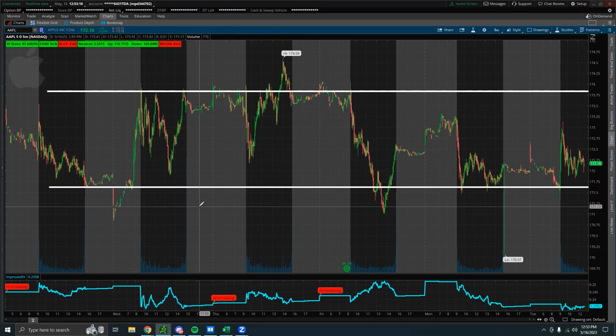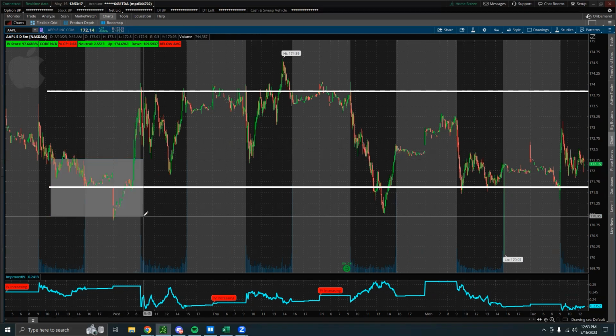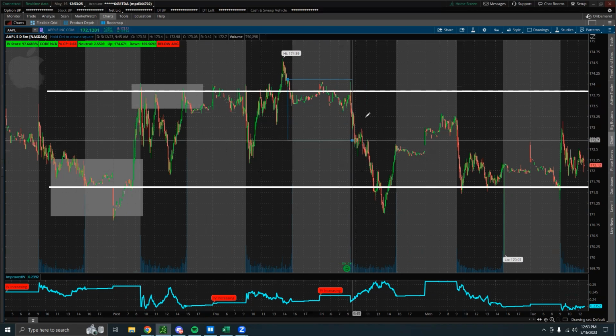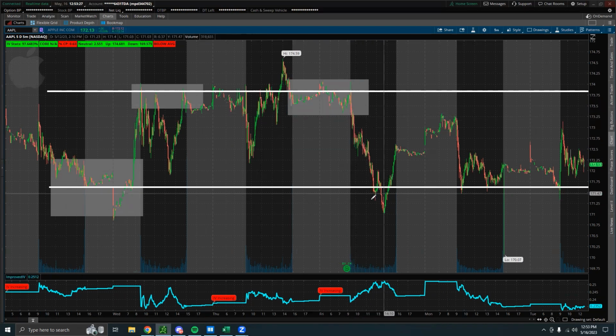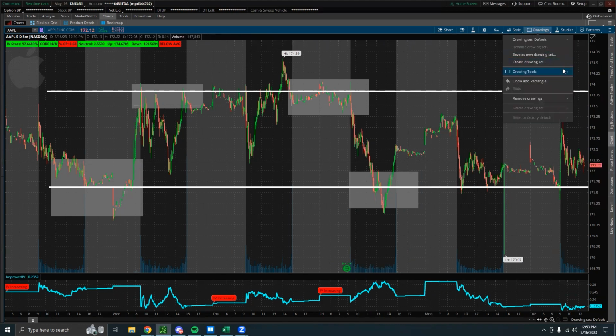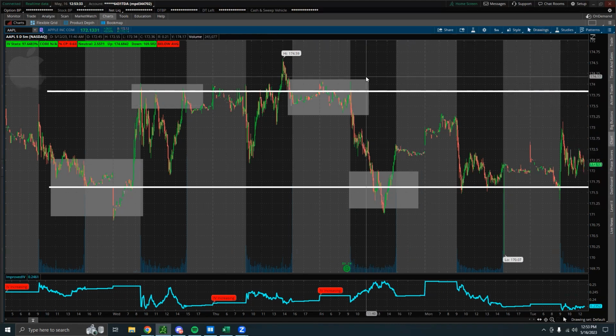Using support and resistance is one of the most important parts of trading, but the problem is that it's so easy to look and see what happened in the past and say, hey, I should have bought at support right here and then sold at resistance right here, and then maybe shorted at resistance and then bought at support again. It's a lot easier to just say I should have done that than to actually do it in the current moment. So in today's video, I'm going to show you how to actually master this concept of support and resistance